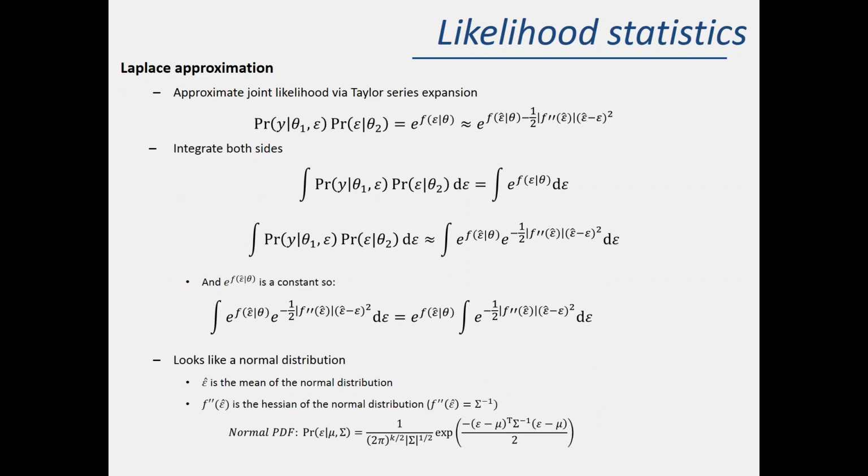So here I'm just reiterating the bottom of the last slide. We can integrate both sides, and we get the integral of this. This is a constant because we've estimated it, so we can pull it out in front. And the normal PDF looks like this, whereas this is, let's see,